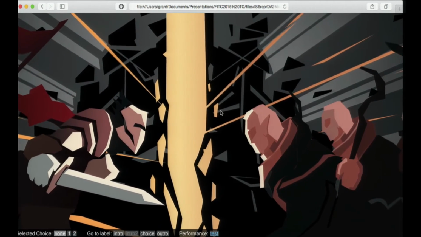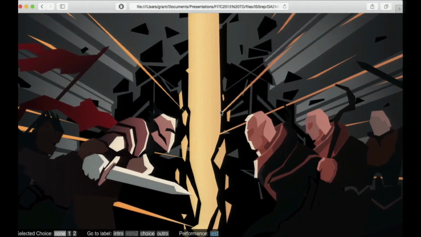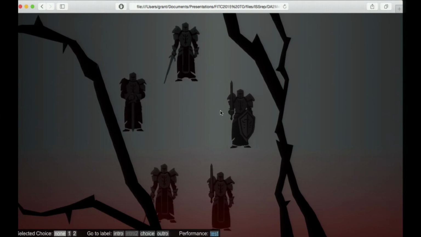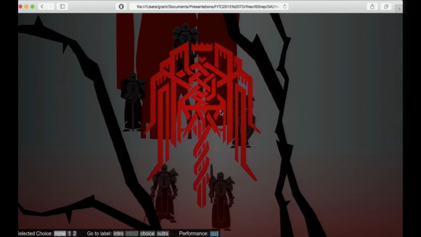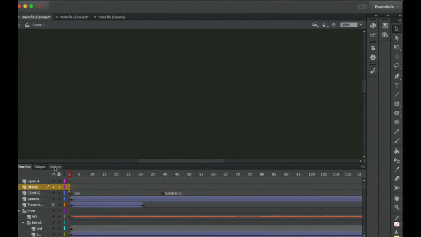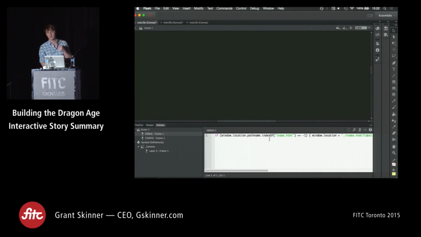We also, of course, put some work into building them a little testing framework. Once we had the camera in there, they weren't able to as easily see what was going on just on the timeline. And the camera was this extra piece of code. And so all we did was on the timeline itself, we wrote a teeny tiny little chunk of code that basically just said, if I'm not index.html when I start up, load up index.html. And then our index.html file had this testing framework built into it. So our publish process never really changed at all, but we were able to load up into this testing framework